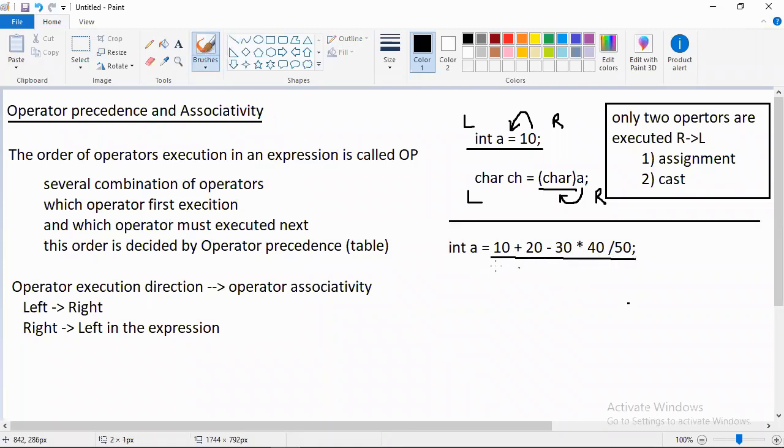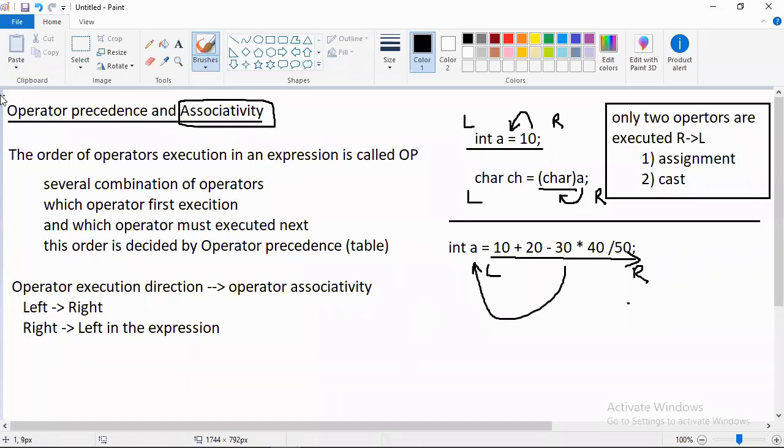In which direction is this expression executed? Left to right. And the final result is stored in a right to left direction. Is everyone catching my point? This is the basic idea you need to understand under operator associativity. You should have clarity about which operators are executed in which direction. I hope you got clarity.